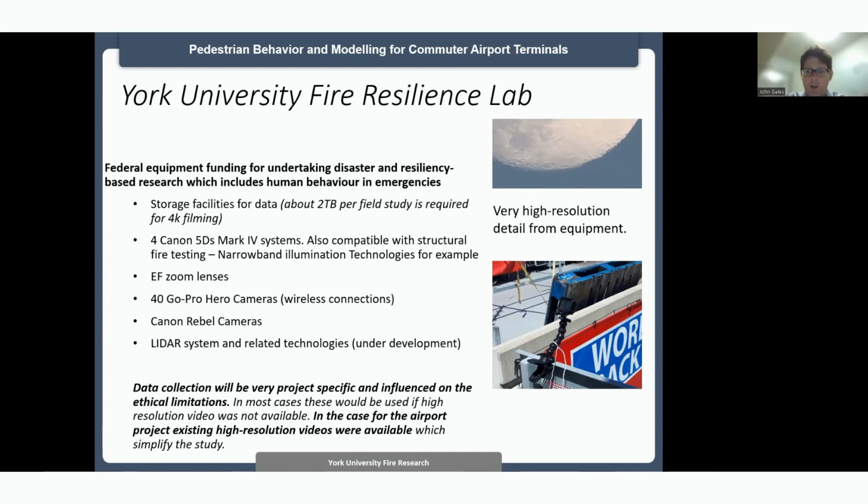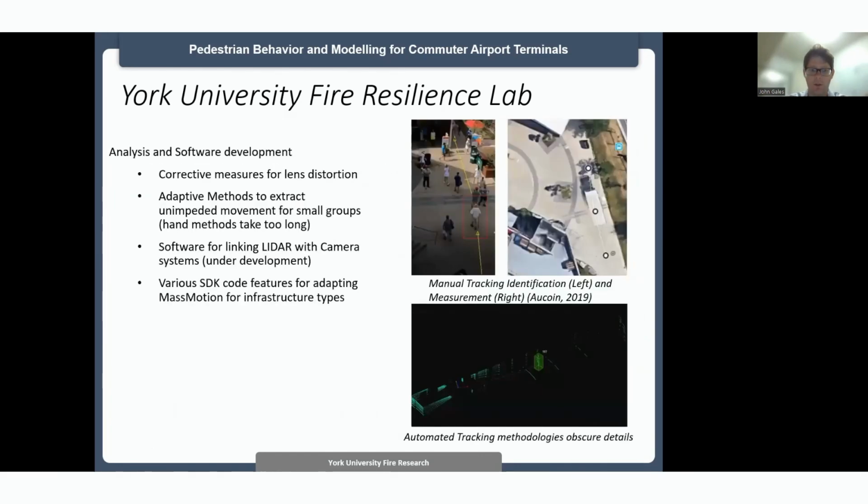In anticipation of this, and we do a lot of data collection studies, we tend to do more in the field rather than in a lab setting. So we've invested significantly in a number of different camera systems, including LiDAR technologies, to be looking at data collection. In this particular case, we didn't have to use the technologies that we had available to us because the airport CCTV footage was of significant high resolution that could be provided to us.